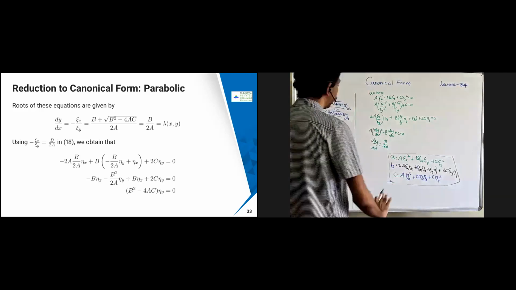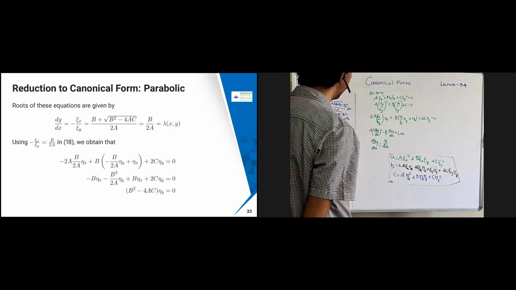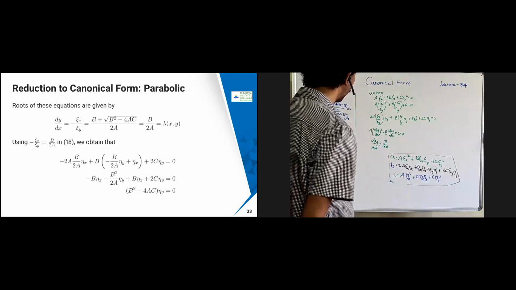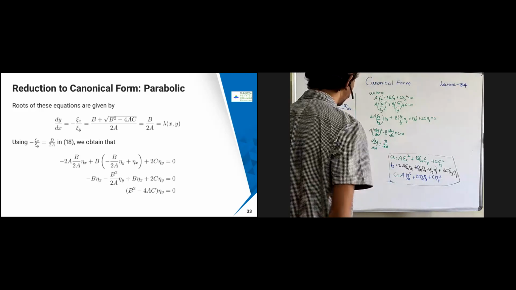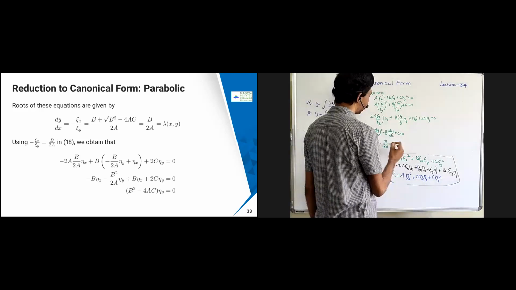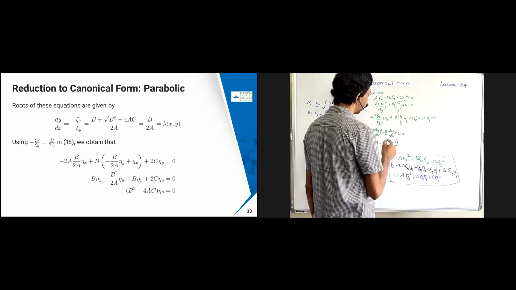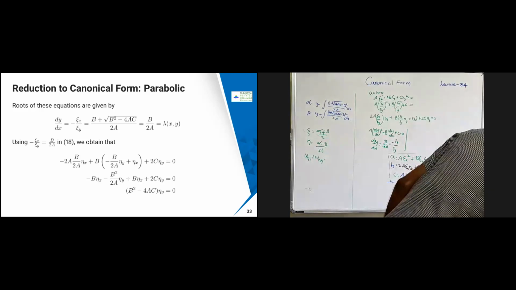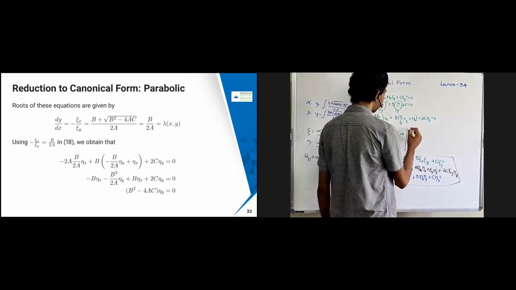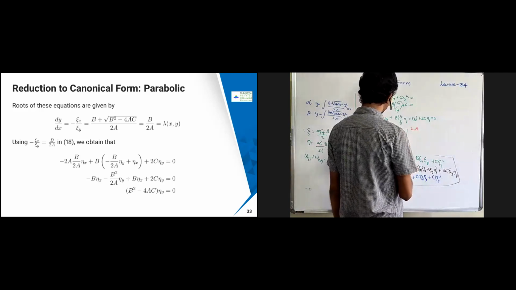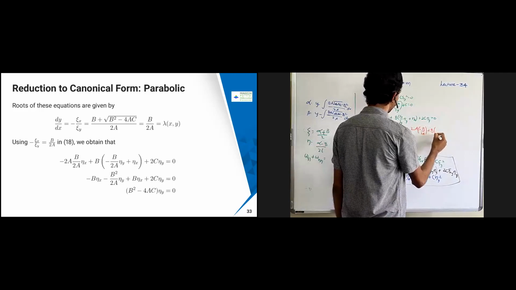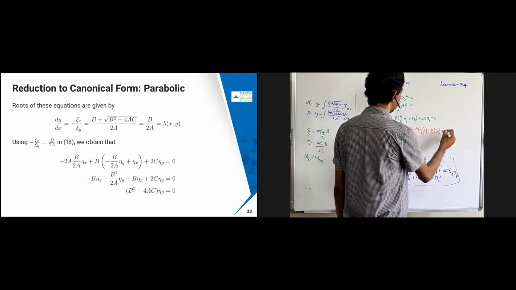Only p by 2a, nothing else will come, because b square minus 4ac is already 0. Okay, so this is going to be there. Now in the second equation, if I use chi x into chi y equal to this, this is nothing but minus chi x by chi y. If I substitute it over here, what am I going to get? I'm going to get 2 into a into minus chi x by chi y. Therefore, this is going to become minus p by 2a. Plus b into minus p by 2a into eta y plus eta x.